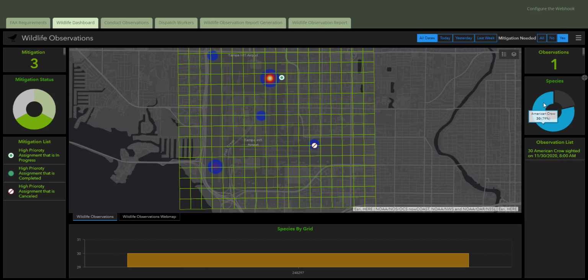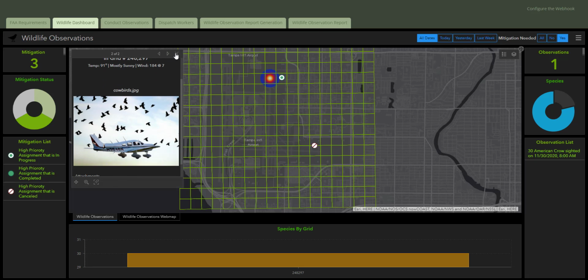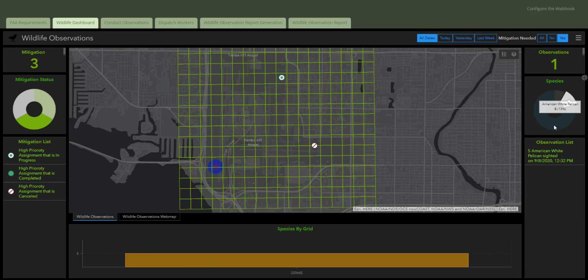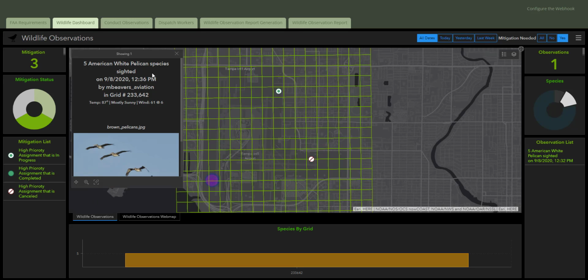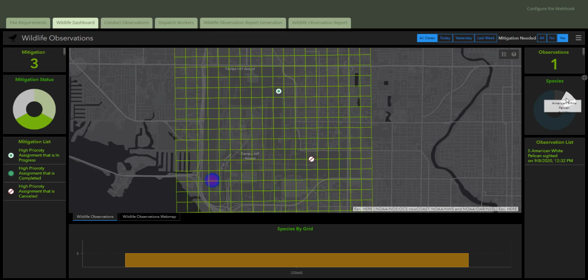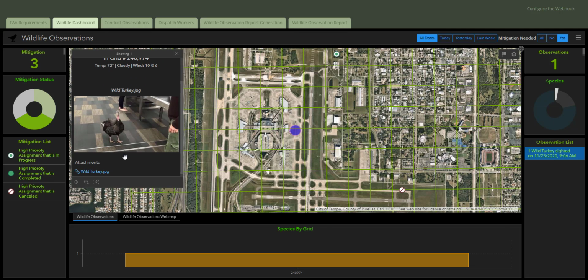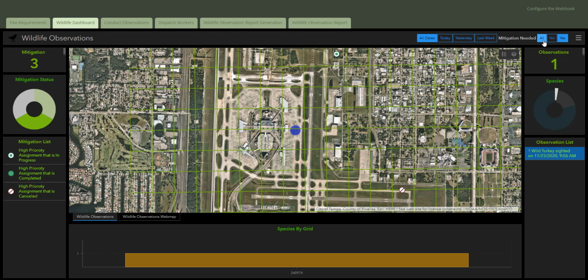So it's very easy for a manager of the wildlife program to use this interactive tool to see details about specific information on observations. And being able to interactively use these information cards to understand observations makes this ArcGIS dashboard very, very valuable. So I could see individual observations simply by interacting with the map. It's a web-based,